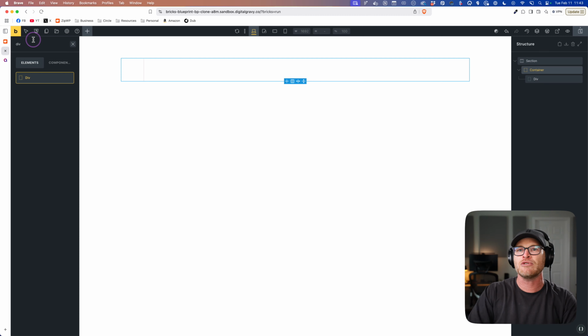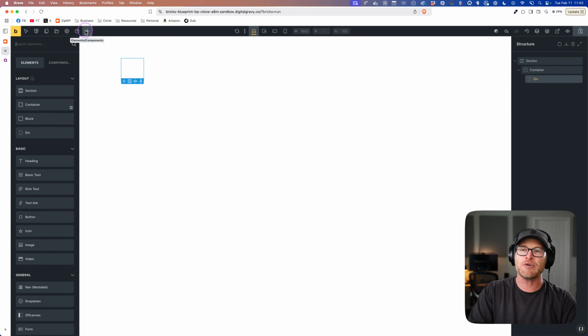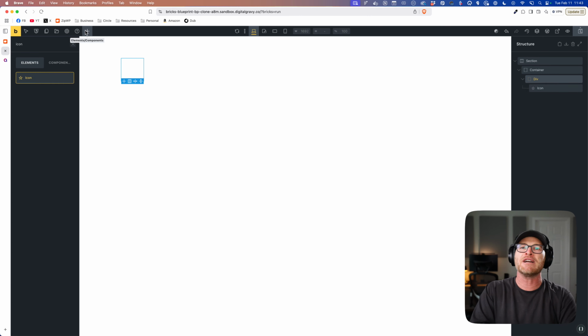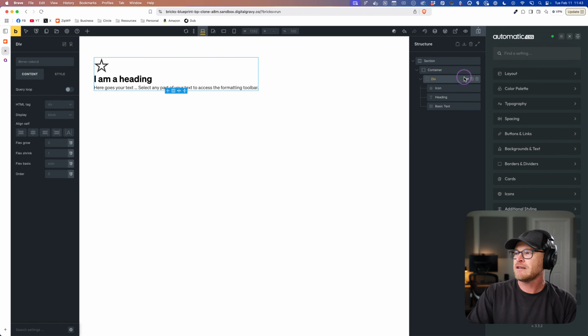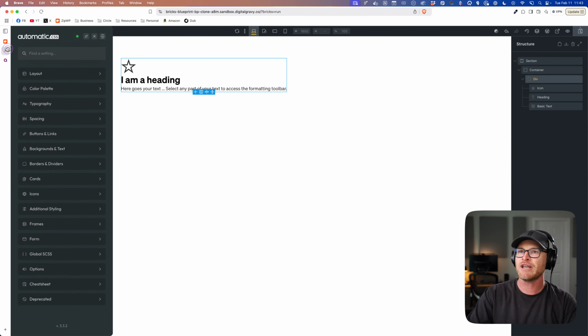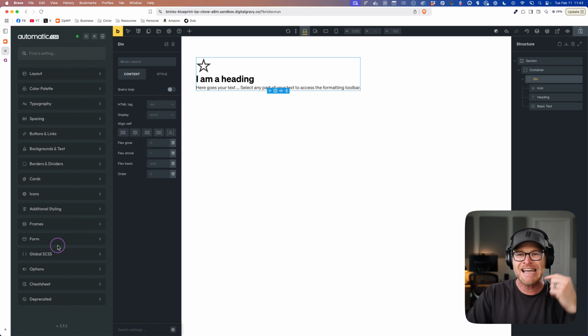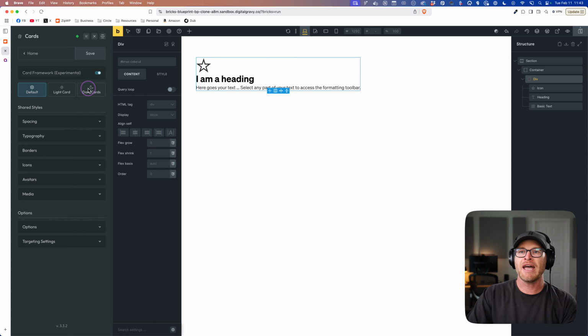So I am going to create a div, and we're gonna create the simplest card that's ever been created, right? I will put an icon in it as well, but we'll put a heading and we'll put text, okay? So here is a card. Now I'm gonna open ACSS, and I'm gonna undock it. I'm gonna put it over here because I know my head easily gets in the way of some of this stuff, and if it's off to the left, it's way safer. And I'm gonna go to cards right here. And I am going to turn on the card framework.